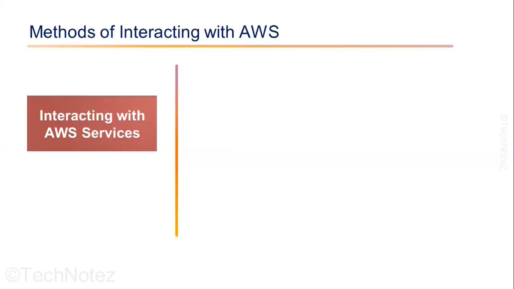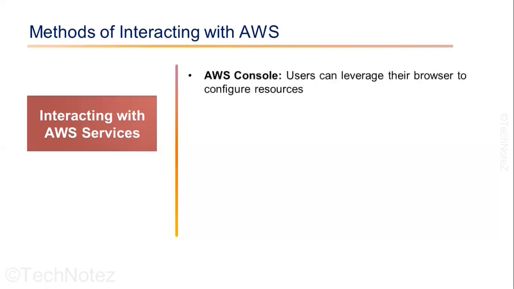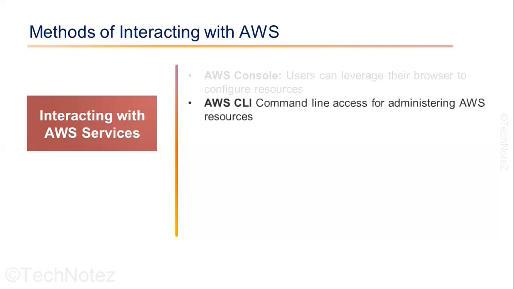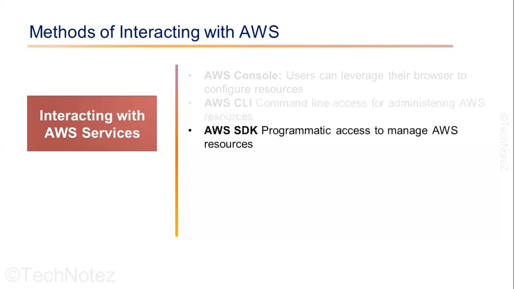Let's talk about how we can interact with the AWS platform to access the services. There are different approaches to interact with the AWS platform and to access AWS-hosted applications. AWS Management Console. This is a web-based interface that allows you to access and manage AWS services using a web browser. AWS Command Line Interface. This is a command line tool that allows you to interact with AWS services using commands. It can be installed on your local machine and configured with your AWS credentials. AWS SDK. These are software development kits that allow you to interact with AWS services from your application code.